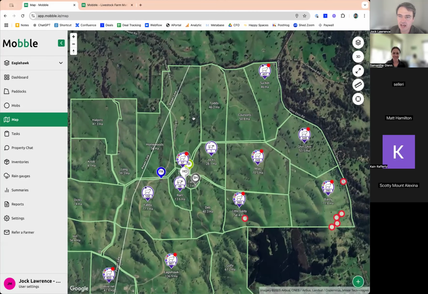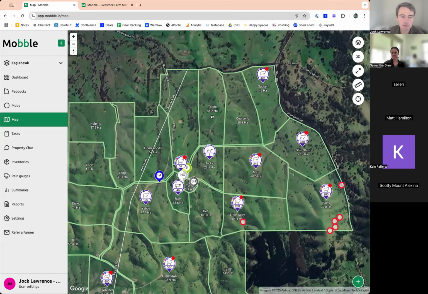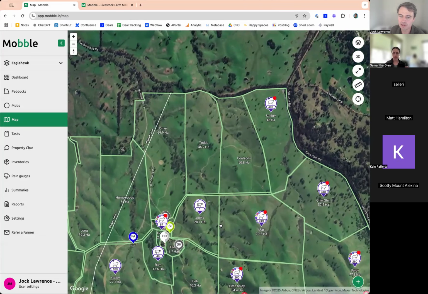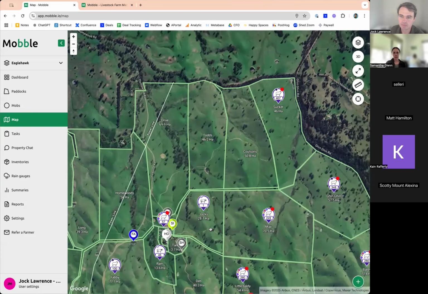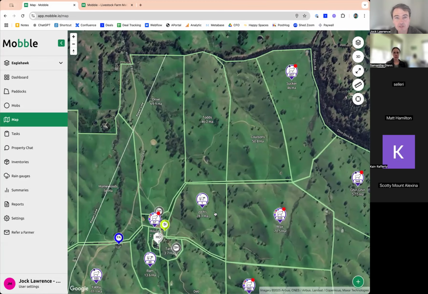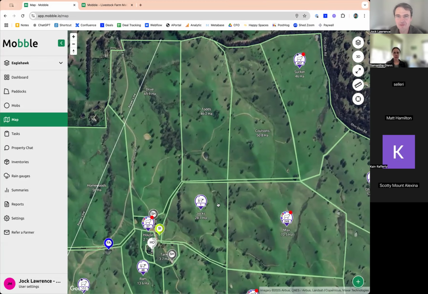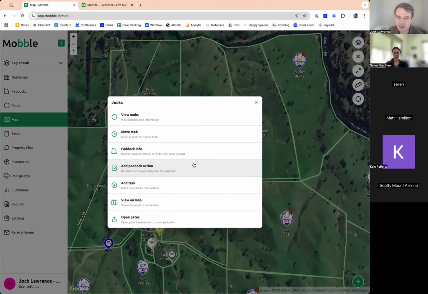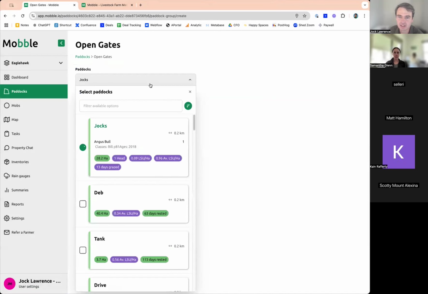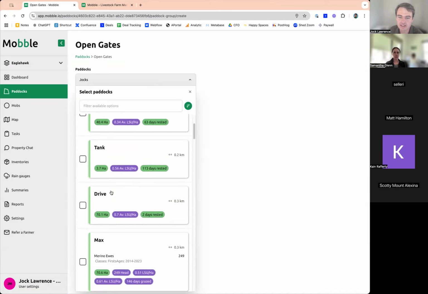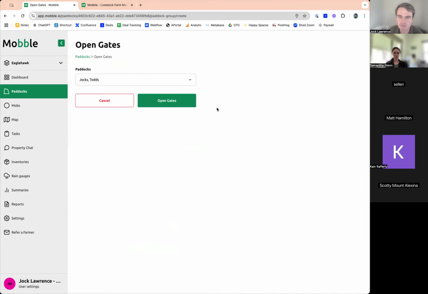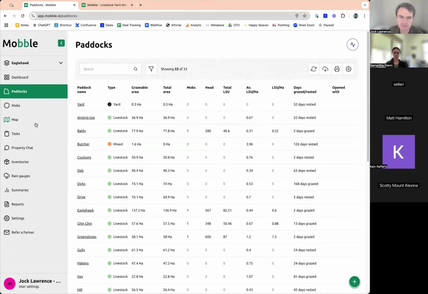One of the things that we got requested to have more information on is that you can open gates within Mobble. So if I open, this is a bit self-indulgent of me, it's a paddock named after me. But if I open Jock's and Todd's paddock open together, I click on the paddock, I open gates, and I can select. There you go. It just finds the closest paddocks to it. All right, Jock's and Todd's open gates,